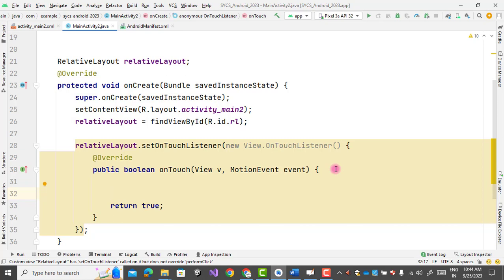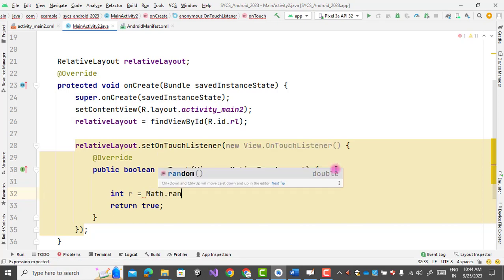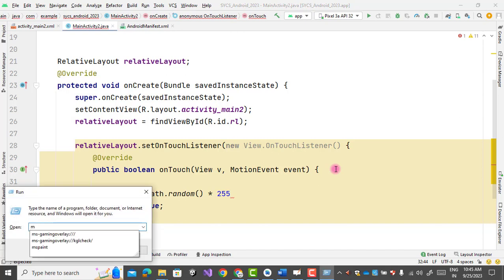So first we will take int R. Now we have a class Math and random, Math.random. So it will generate a random number between 0 and 1. Now we multiply this number with 255 because that is the maximum number for the RGB, as we can see here, we have this MS Paint.